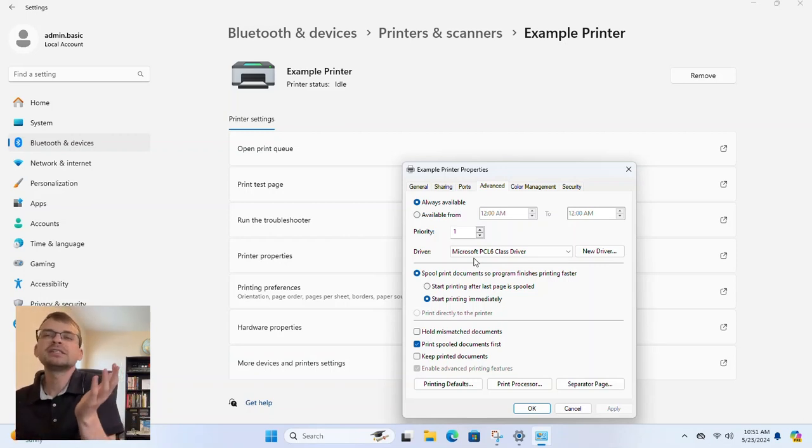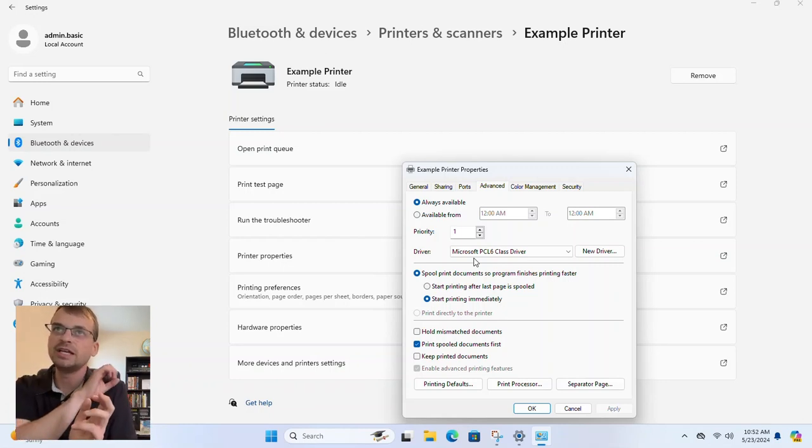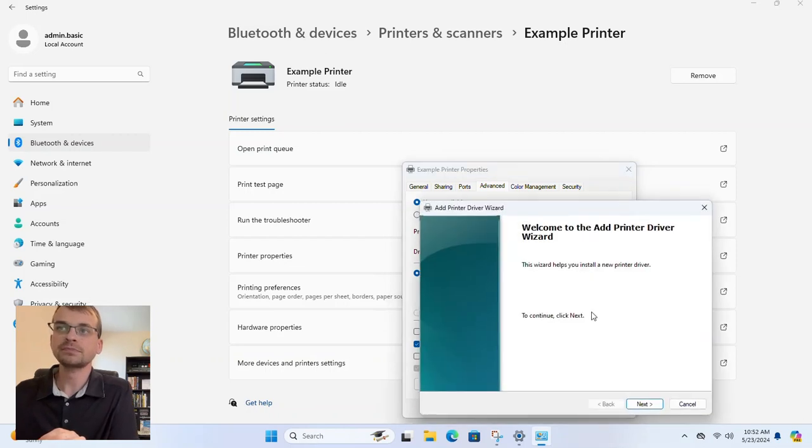driver. And in some cases that will work, but really for the printer to work consistently the way it should, we should really assign it a more specific driver, meaning a driver name that specifically says that model printer it's made for. So one way to do that is we could click on new driver here and it'll bring up